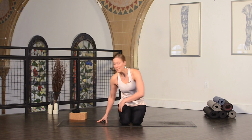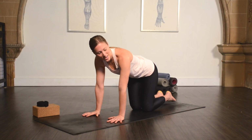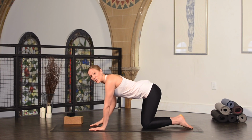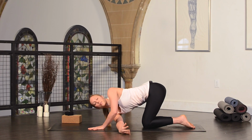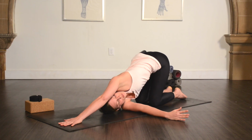So let's begin. Turn onto your yoga mat so that you come onto all fours, to your hands and knees. This is called a tabletop. And then you're gonna lift your right arm up to the ceiling for a twist, look up to the sky, and then thread your arm underneath. This is called threading the needle, a really nice restorative stretch of your shoulder and a gentle twist of your